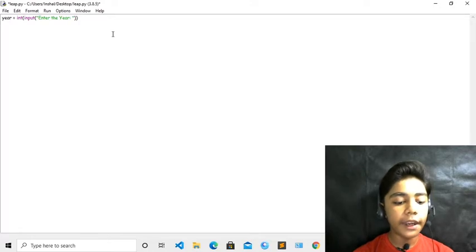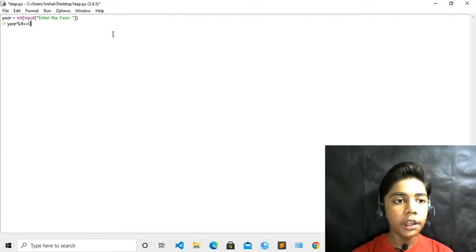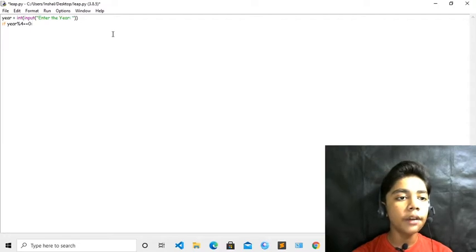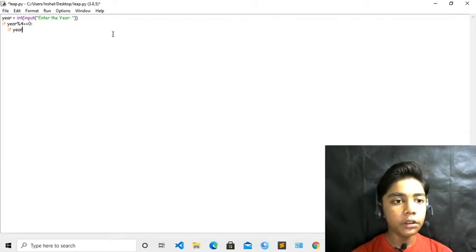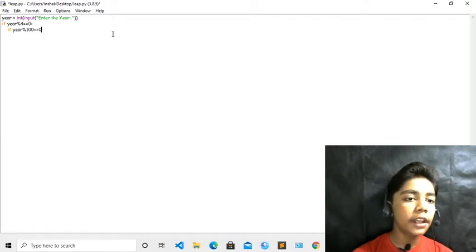Now you have to write if year, then the % sign, and now you have to write 4, which will be equal to 0. So till here we have defined our work. Now write a colon, press enter, and define if year again, with the % sign, and now 100, equal to 0. We are writing this so we can define every year.